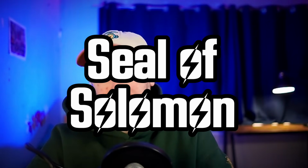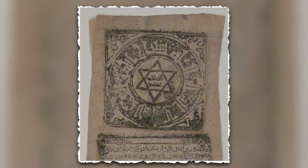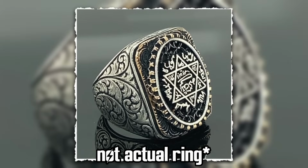The Seal of Solomon was thought very likely to be a ring made out of brass and iron. And King Solomon of Israel used this ring apparently for several means. The ring allegedly was absolutely beautiful. It was engraved with the words, "Most Great Name of God." It was decorated with these 4 precious gems that represented Solomon's control over the 4 elements, and allowed Solomon to